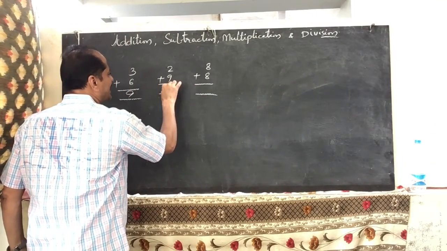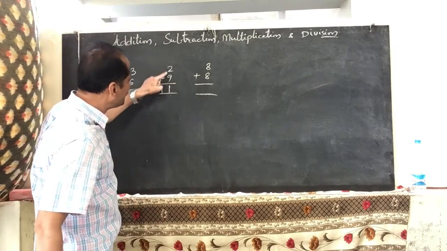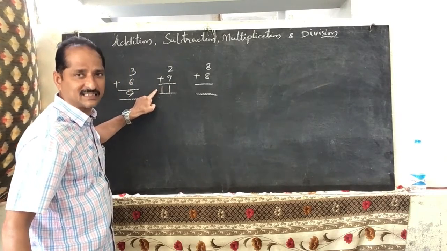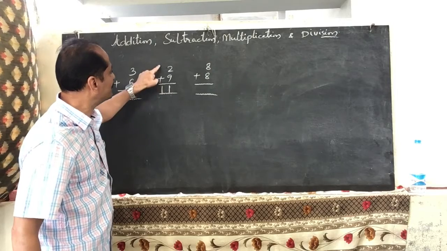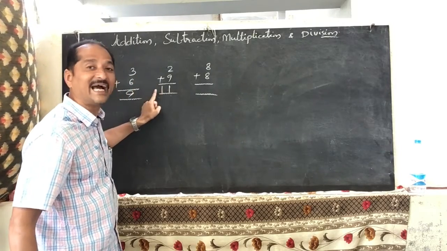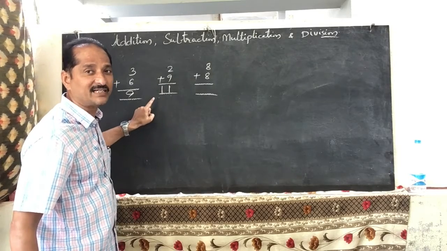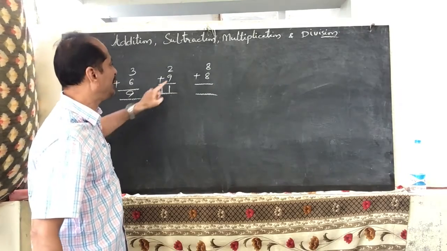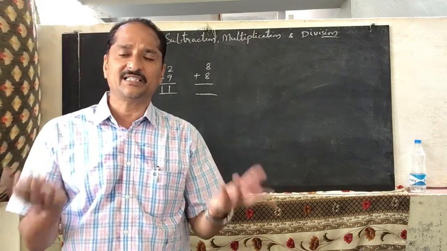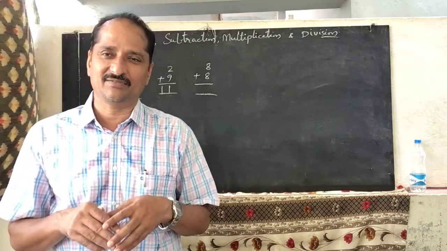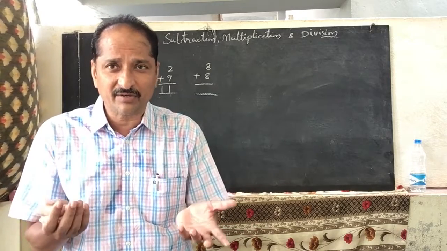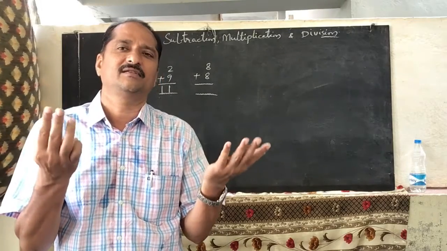While you are writing, remember carefully: ones place under ones place you have to write. So for 11, the other digit is the tens place digit. This digit you have to write under the tens place, but here there is no tens place. Okay? So this is carrying. We can call this carrying addition. And now coming to this one. If you observe which is the greatest or the smallest, here both numbers are equal, isn't it? If both numbers are equal, then take any one.